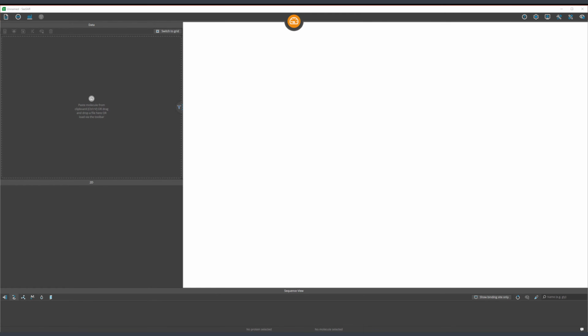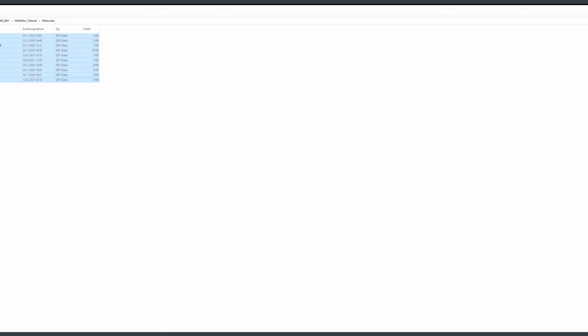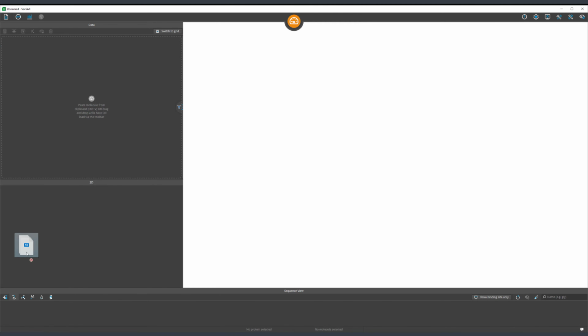The final improvement to SeeSAR 11 that we're going to discuss as a part of this video is easily one of those things that can be called a small thing that makes a big change. And the feature essentially is the ability to select multiple molecules from your local machine and drag and drop them in one go into SeeSAR. Although this sounds at the outset like a rather trivial feature, it does save a lot of time when put to actual use. So I've copied around 10 molecules now